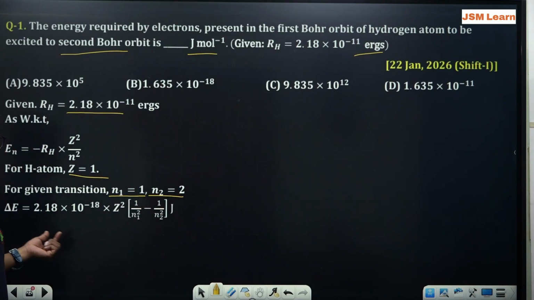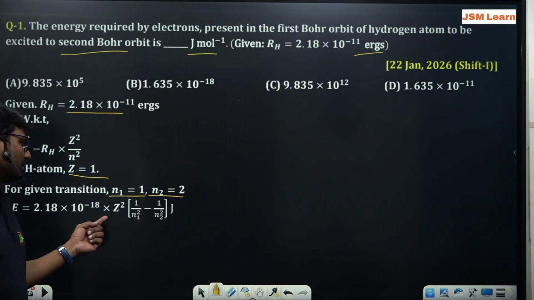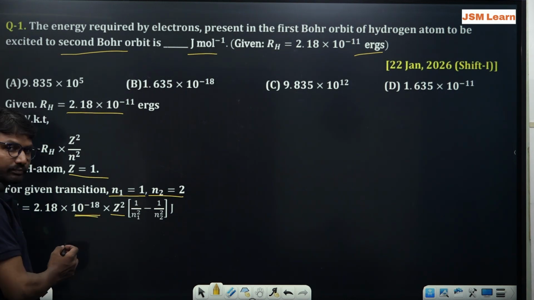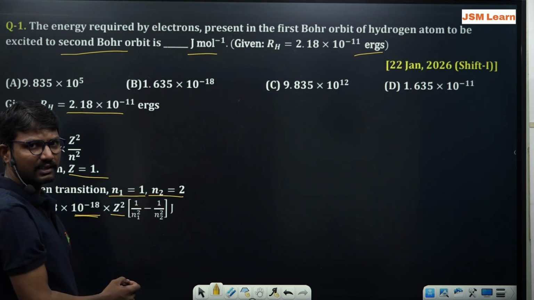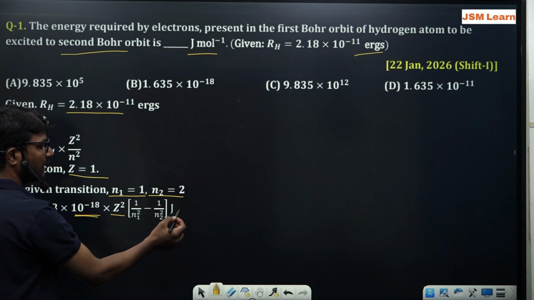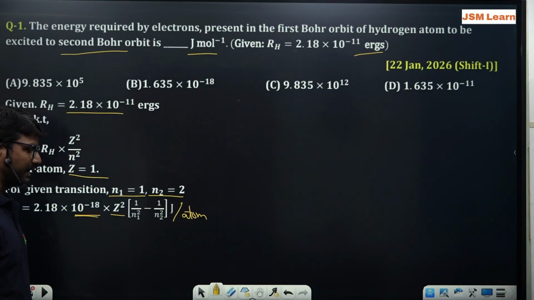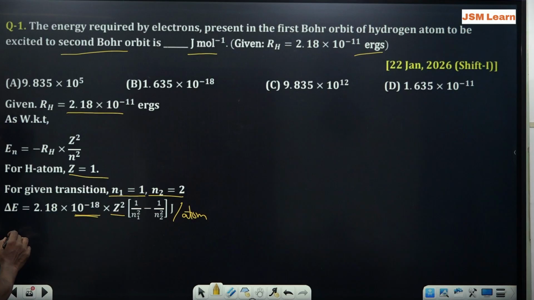Now the change in energy we can write as 2.18 multiplied by 10 to the power of minus 18 multiplied by Z square. As this value is provided in ergs, converted into joules, this one is for joule per atom value. So on substituting the values,